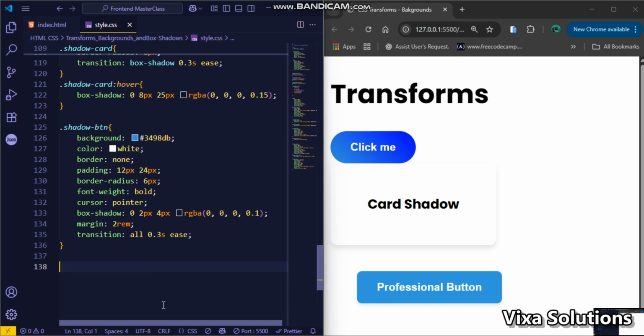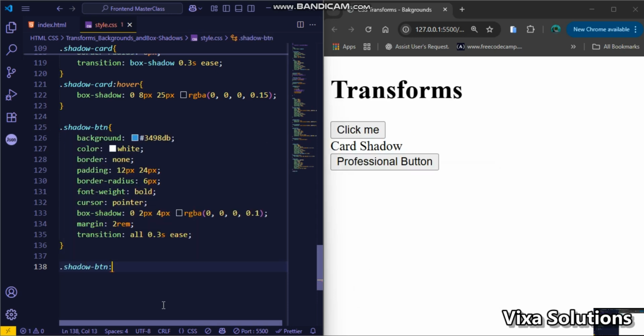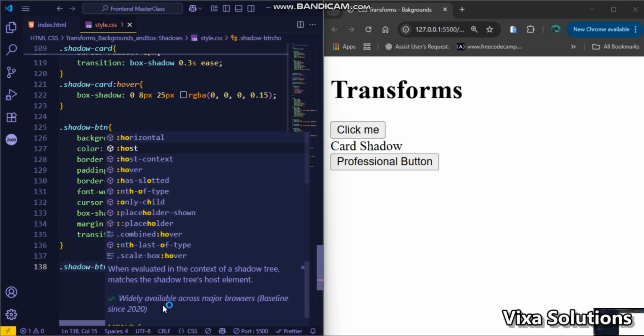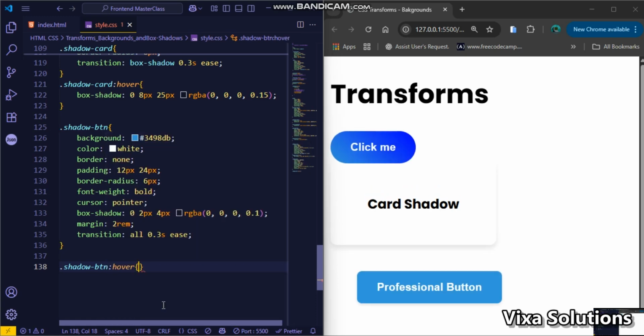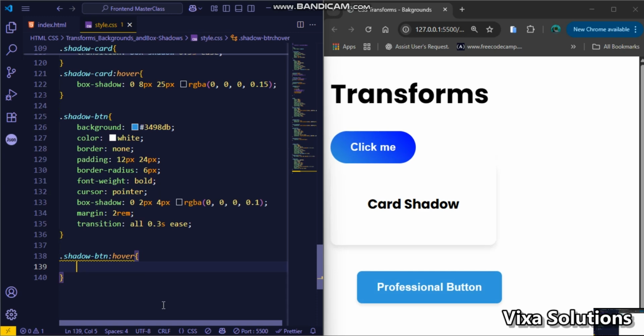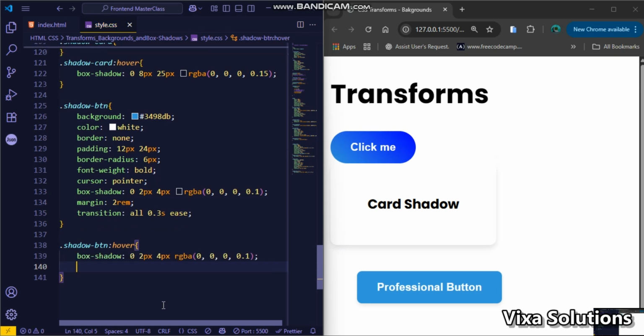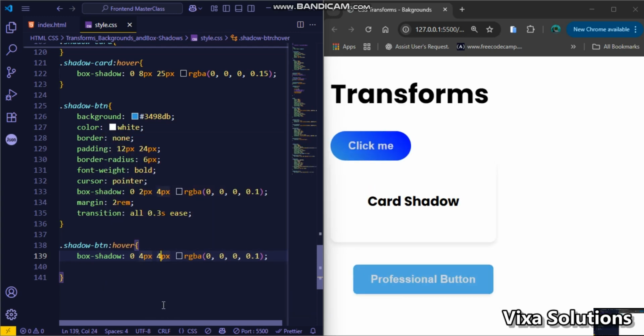So here is the advanced hover technique I'm telling you about. Let's do it. So our shadow button, when the user hovers over it, then it should be, sorry, let me copy this one, right? So 4 pixels, and the blur radius, let's make it 12 pixels actually,